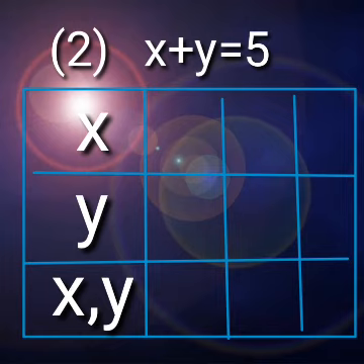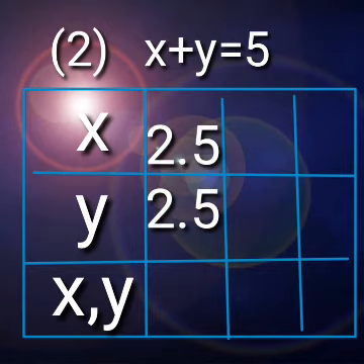Addition of coefficient of x and y is 1 plus 1, which is equal to 2. Constant 5 by 2 is equal to 2.5. Take this value in the table for both x and y. Both coefficients are positive and 1, so we increase the value of x and decrease the value of y. I want the second value of x to be a whole number, then we add 0.5, 3.